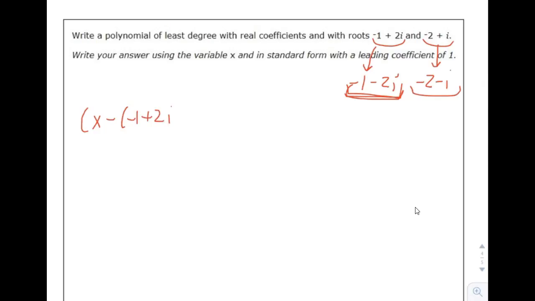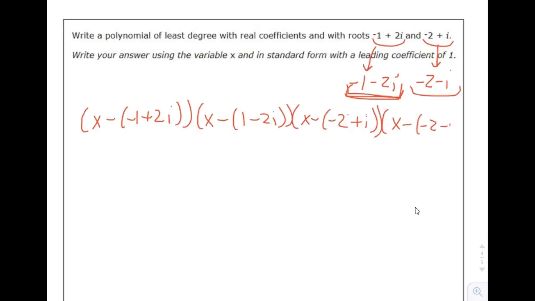x minus negative 1 plus 2i, x minus negative 1 minus 2i, and x minus negative 2 plus i, and finally x minus negative 2 minus i. And you can see all I did here was I basically just filled in each one of the roots into the right side of x minus something, x minus something, x minus something, right? Okay. Now I just need to multiply it out because it just says to find the answer in standard form,